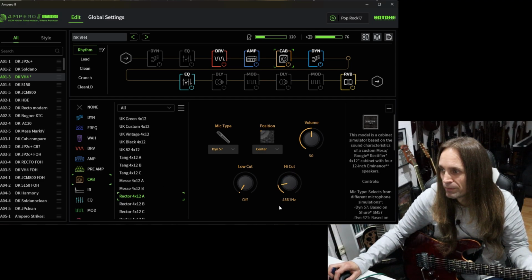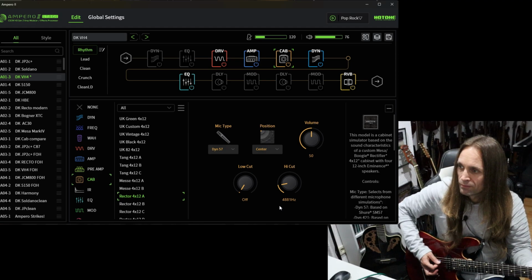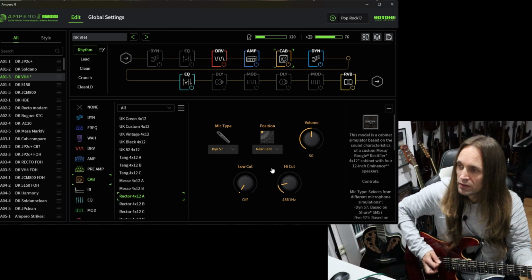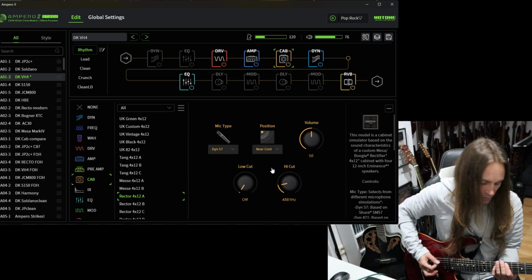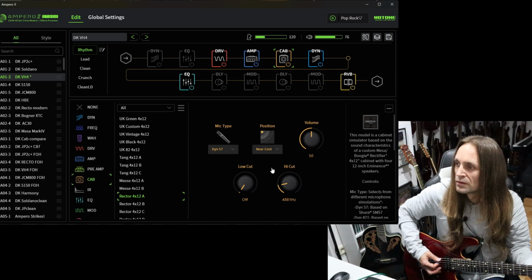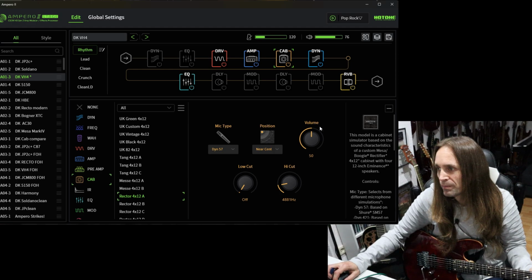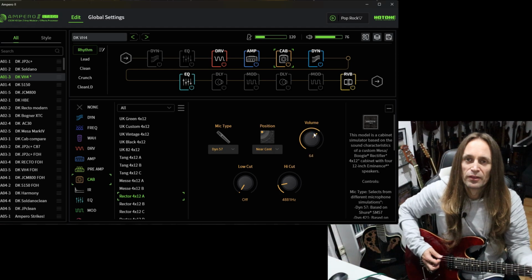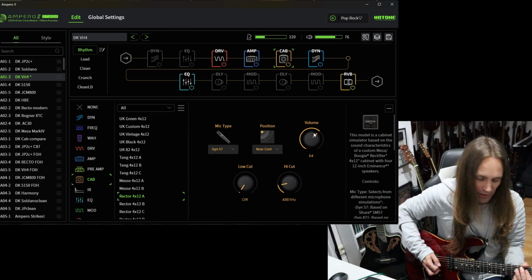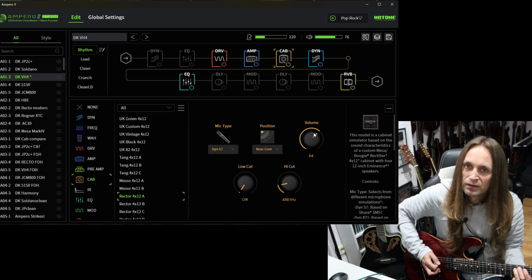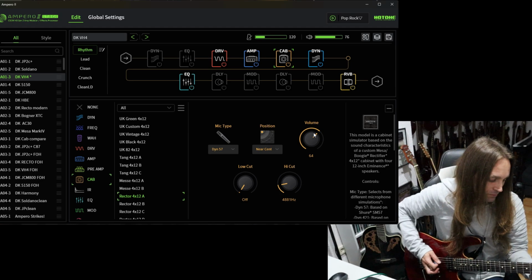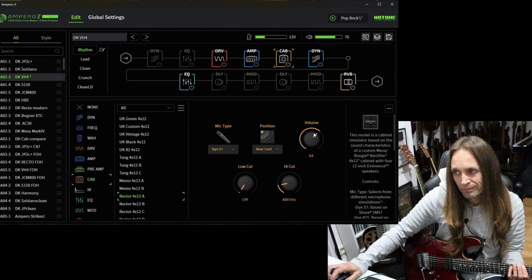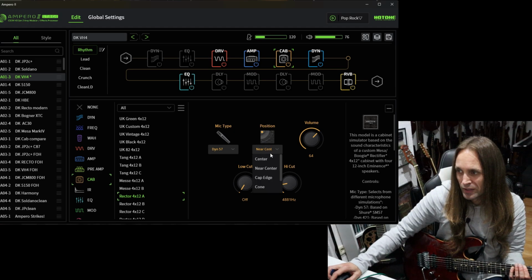Move it a little bit away. There we have it. So I think this is the one which I'm using in my preset pack. Maybe we can compare it